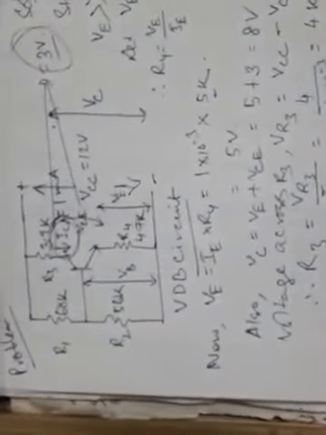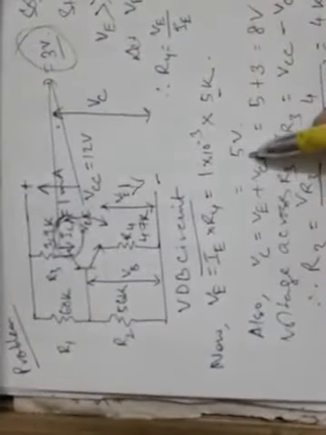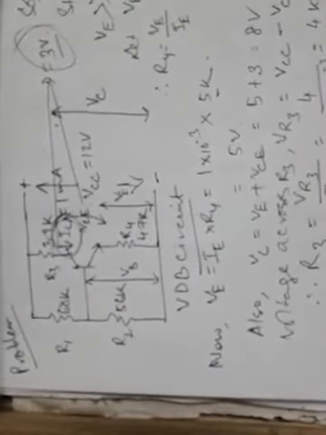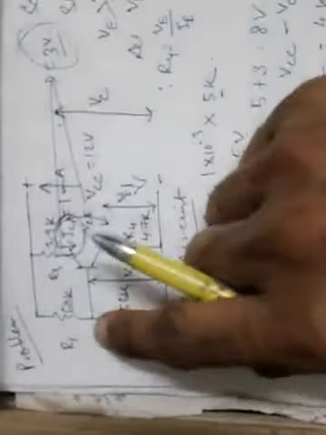Now again, on the input side, VB is VE plus VBE. You can check, this much is VE and this much is VBE, so if we combine the two, we get the total VB. Now we have found VE, it is 5 volt. So 5 plus VBE of 0.7, this is 5.7 volt. VB is 5.7 volt. Now this VB is responsible for the current that is flowing through R2.